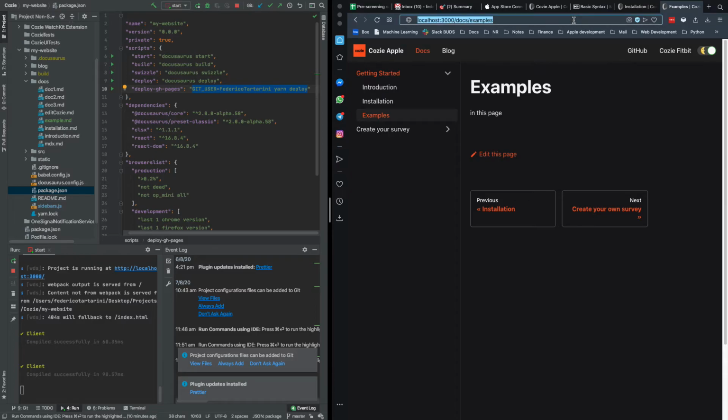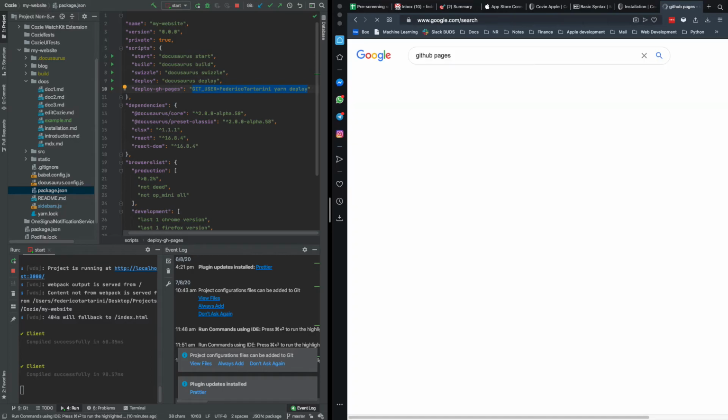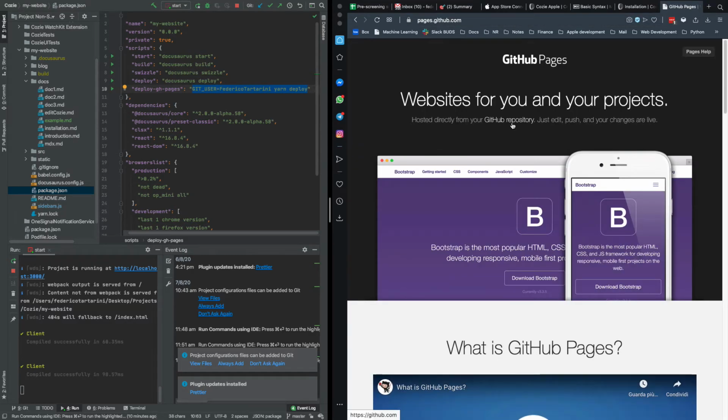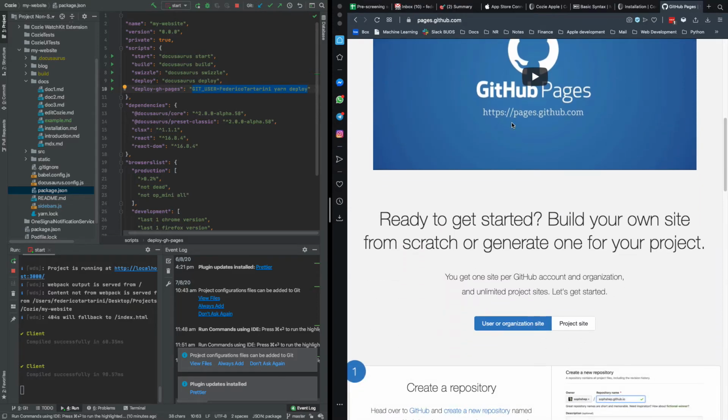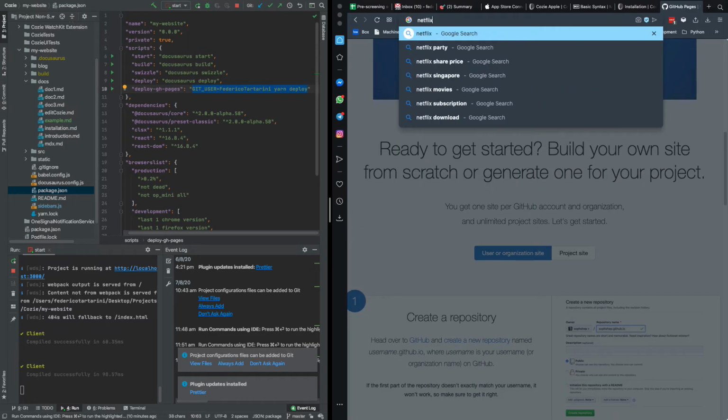So if you don't know about GitHub pages, of course you can read more on their official documentation, but basically it lets you have a static website for free on GitHub, which is connected to your repository. So this code will allow you to deploy your website directly over there. But since it's not possible for the moment,